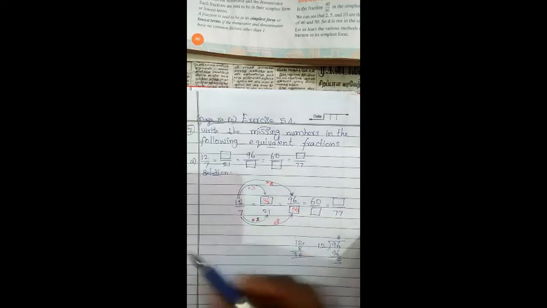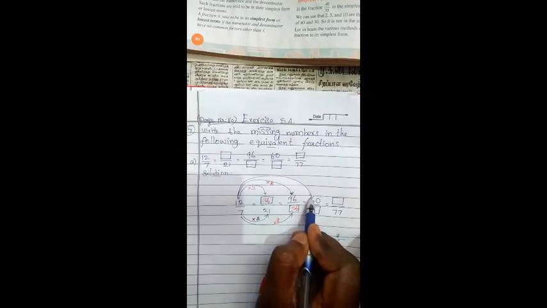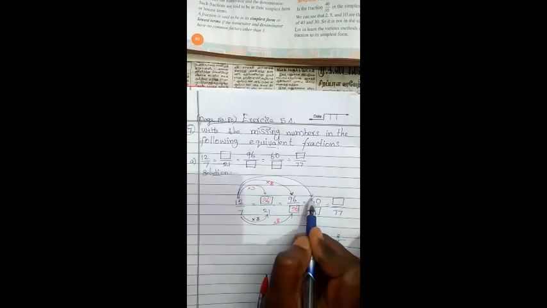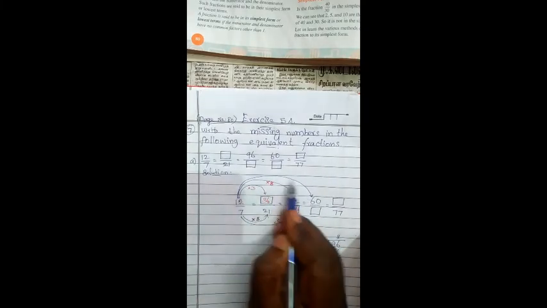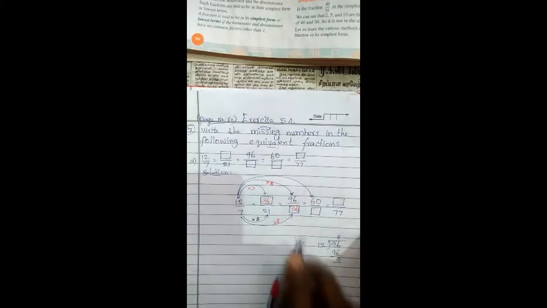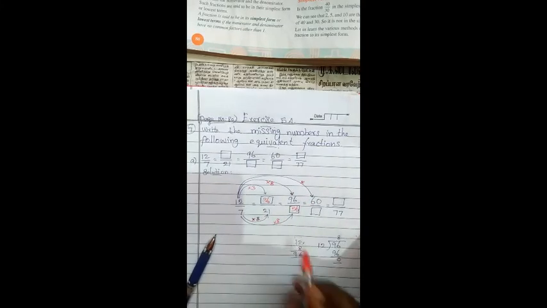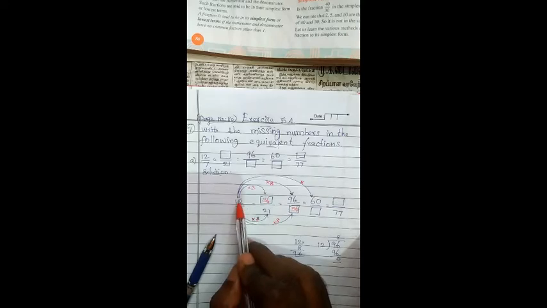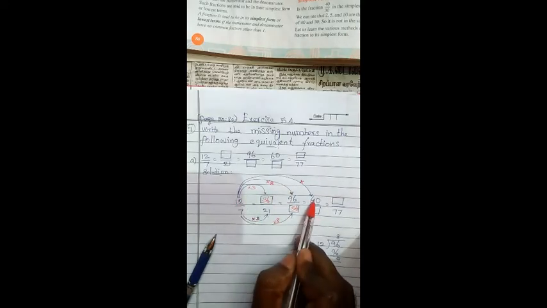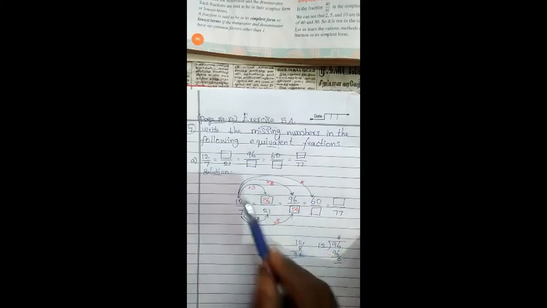Now come to the next one. 60 in the numerator. So 12 and 60, right? Definitely we know by multiplying we get the more number. We get more than 12. So by multiplication only. Correct? Then by what number? 12 and 60. It's simple. 12 5s are 60. How will you find the number? Divide 60 by 12.